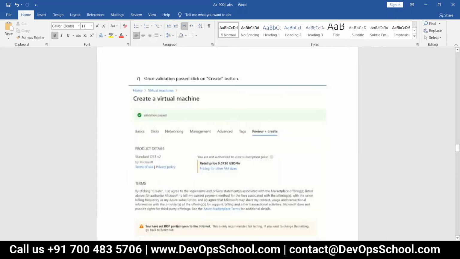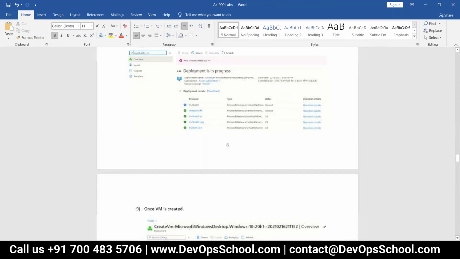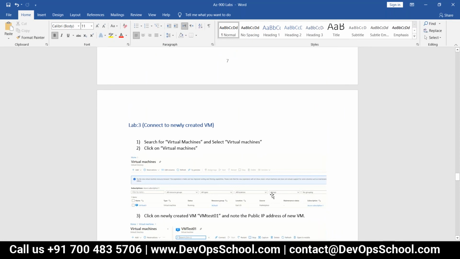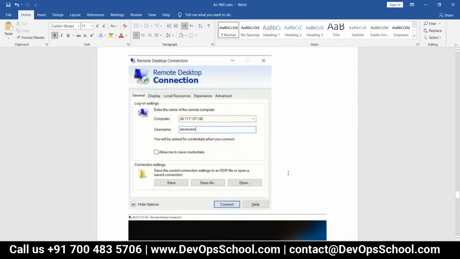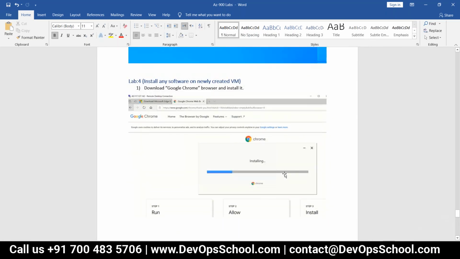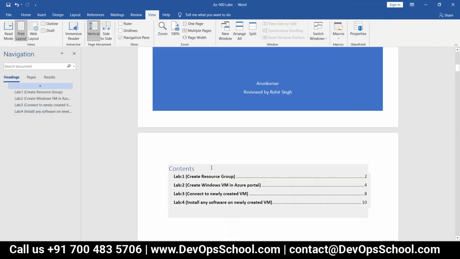Excellent. Have you made a table? Just 1 minute, I'll show the other things, the labs connected to the VM. I got it. My intention is only whether you are doing it or not. Yesterday itself, you guys have done it. My intention is whether everything is documented or not, because this document I'm going to collect from you after AZ-900 completion. Okay, navigation you have also created. Good. Once you put this content, it automatically comes.